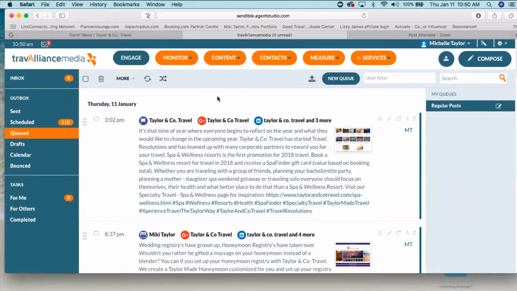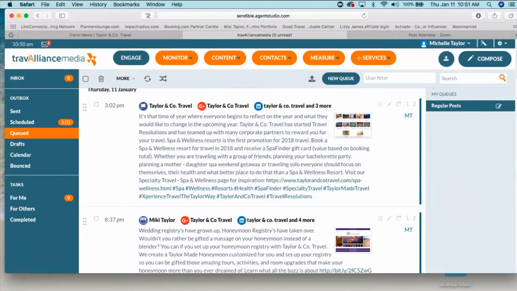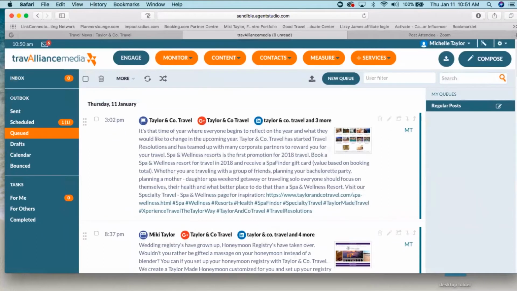I still have a lot of posts to set up here. The holidays were extremely busy for my agency, and hopefully you all have been extremely busy as well. So I don't always get to work on setting these up the way I would like, but I will trade not having time to work on this for having trips to book any day.